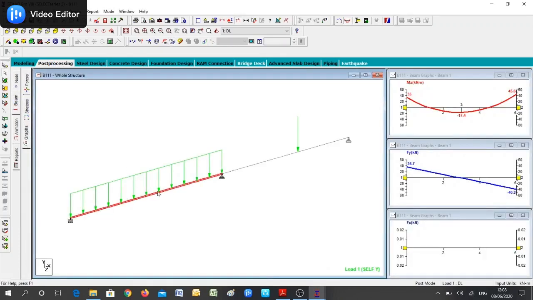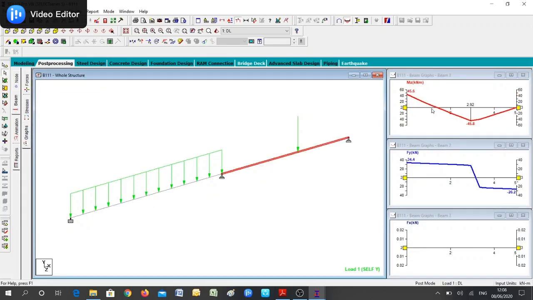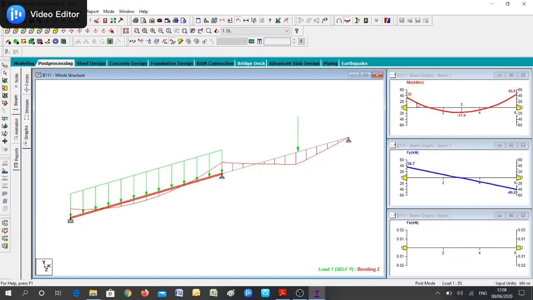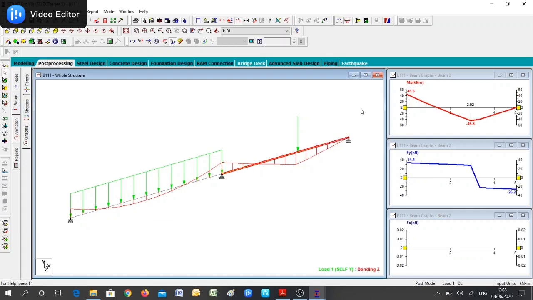Whichever beam we select, for that particular beam it will show the bending moment diagram here and the shear force diagram for the particular selected one. Next beam, that's a bending moment diagram. This is a shear force diagram for this beam. See here, for example, this bending moment diagram is a parabola. So if you select here, you can see the variation is parabolic. So this value here is 35, minus 17.4, then 45.5. Next beam, if you select, 45.6 is here, then again 45.8 and then 0. And this is the shear force value.